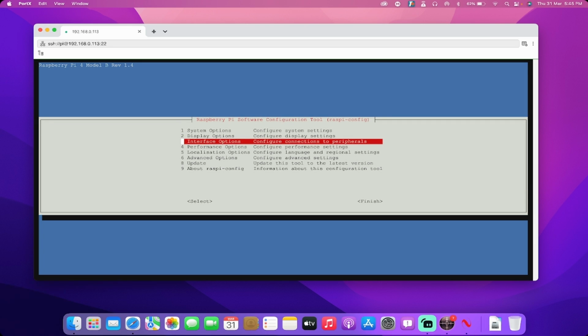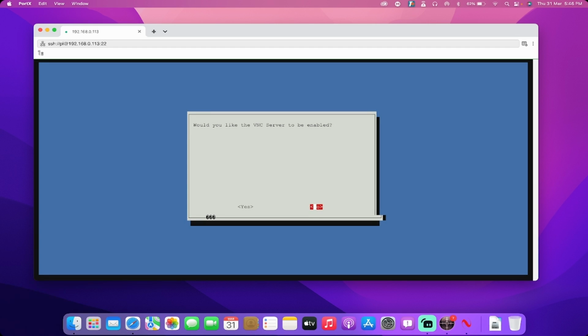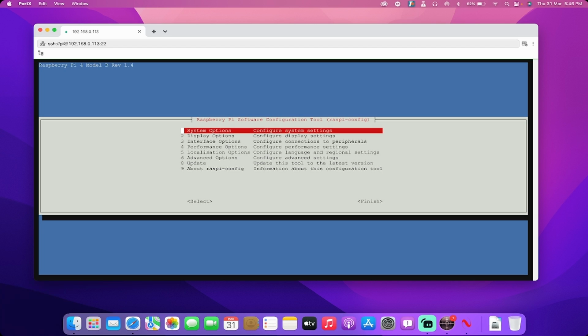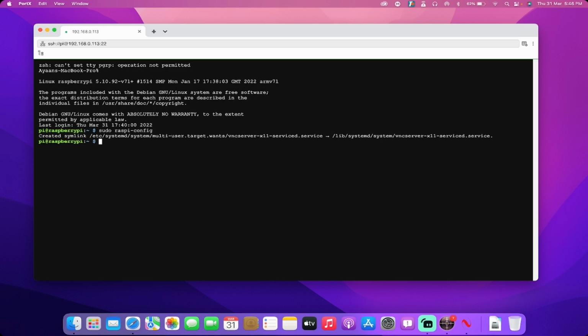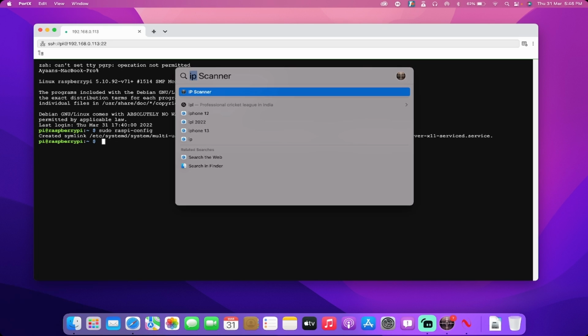So just go to interface options, or option number 3, then go to VNC, which is option number 3 again, and here just click on yes. So if you received any error, just try it again. For me it's done, and here we go, VNC is enabled. Now let's open VNC Viewer,